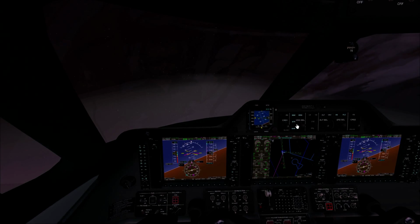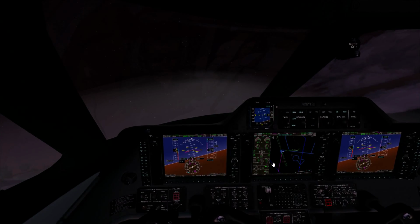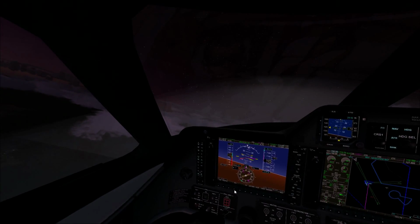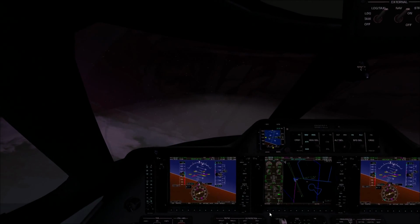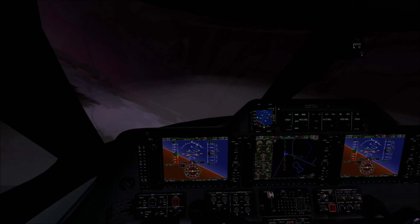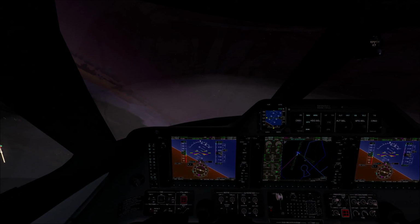Some of you would have realised that that had not selected the heading, so we were following something else. Whoops. Okay, I'll get the hang of this navigation in a second. Now coming back towards the heading. Whoopsie. This air traffic controller is going to go ape with me in a second, but as I said, I'm still learning this aircraft. It seemed relatively simple, but then it seems to have